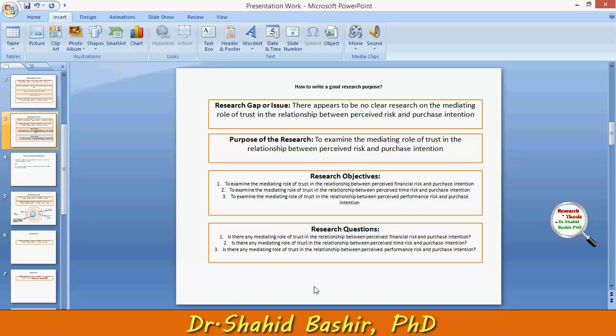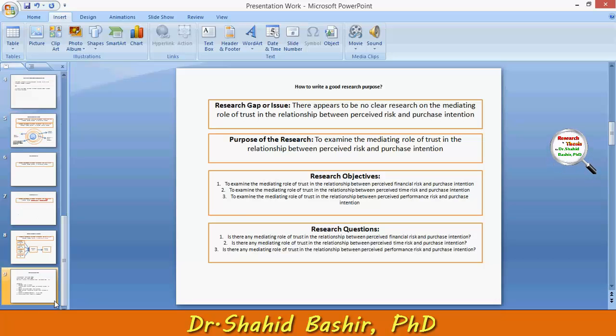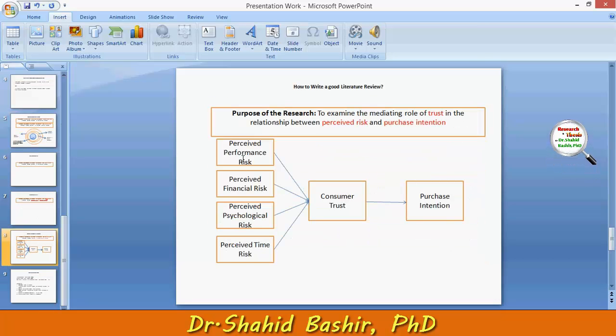So now we have four major research objectives, because what we found is that there are four main components, or what we can say the independent variables related to perceived risk.